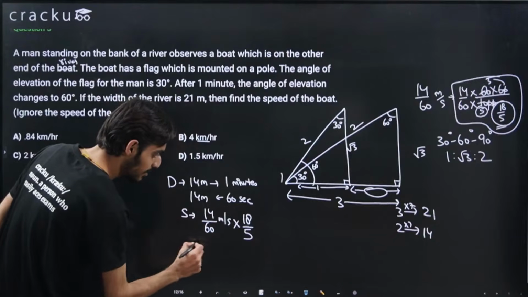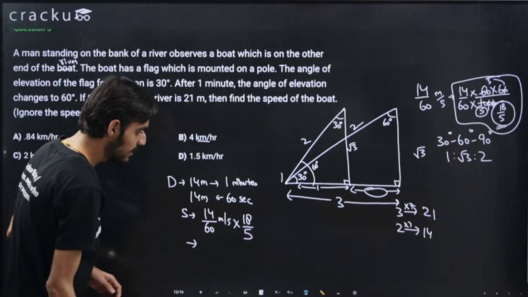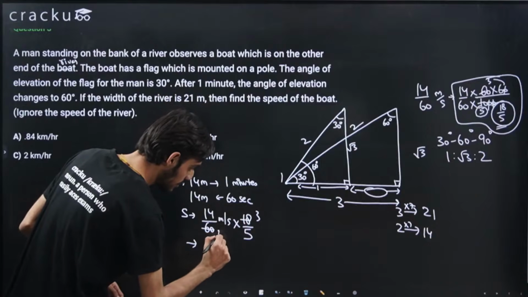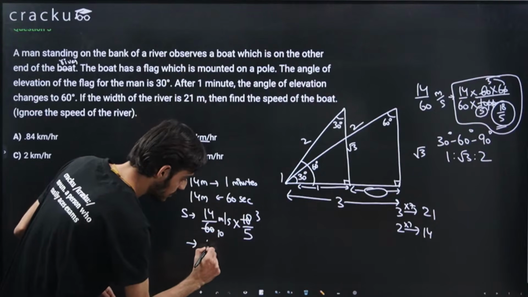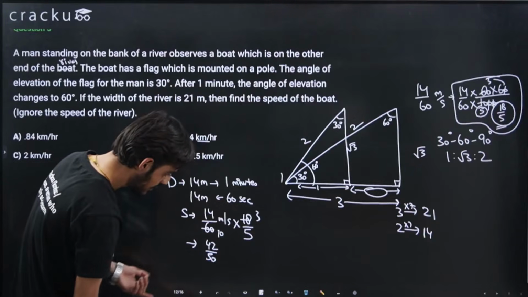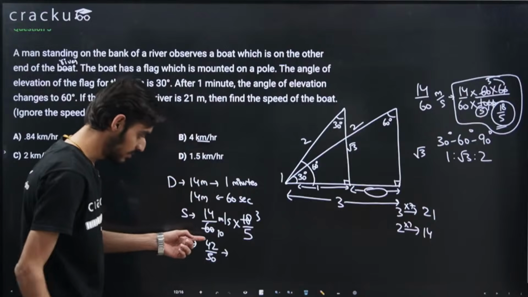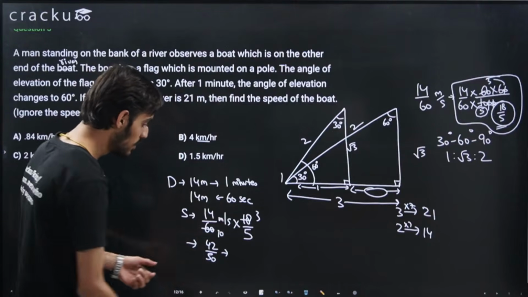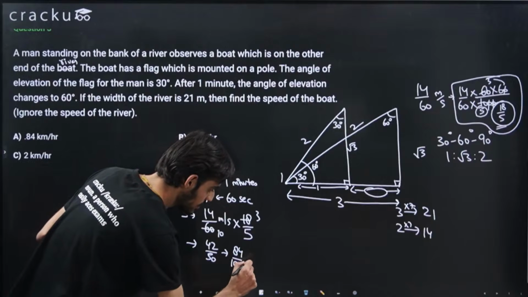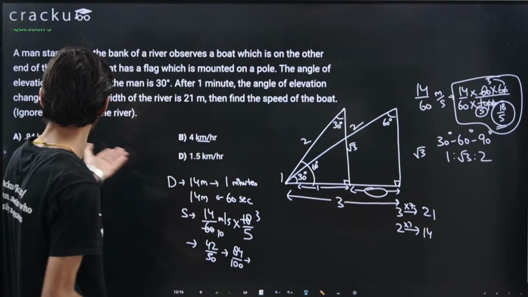So like we can just multiply it by 18 by 5. So what we will be getting here is, this is 6 into 3, this is 6 into 10. So 14 into 3 is 42, 10 into 5 is 50. Or further, if we can just multiply the numerator and denominator by 2, so this will be equal to 84, this will be 100. So essentially, okay, 0.84, right?